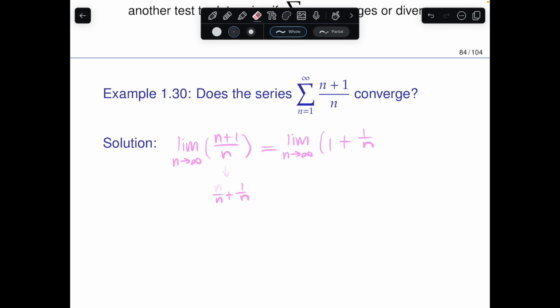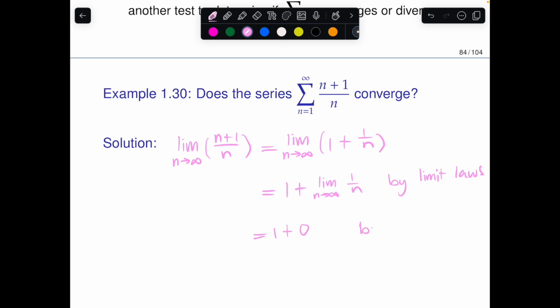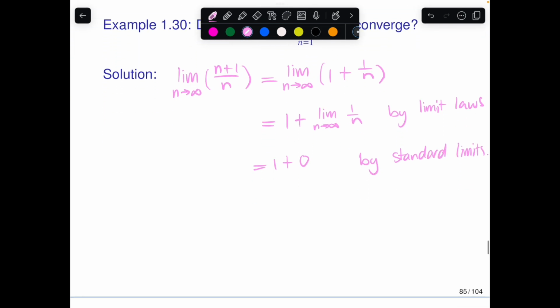If you break up the fraction. And this is equivalent to 1 plus the limit as n approaches infinity of 1 over n by limit laws. And that's just 1 plus 0 by standard limits. And that's 1, and that's not 0, which is the most important part. And since that's not 0, therefore